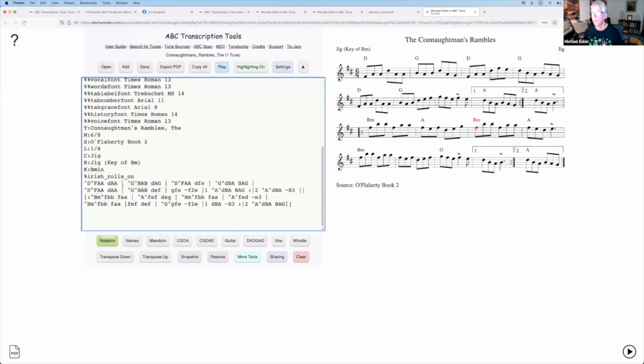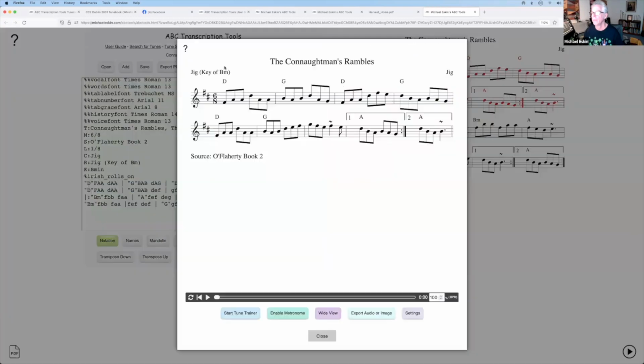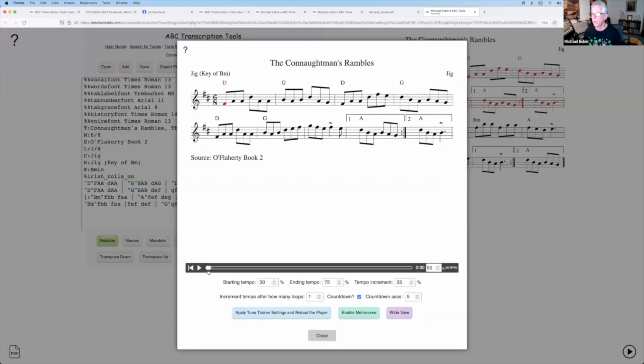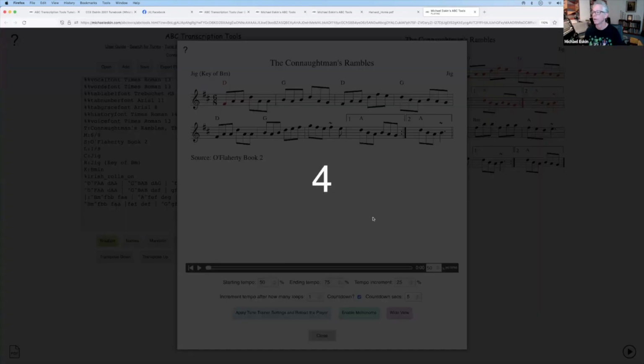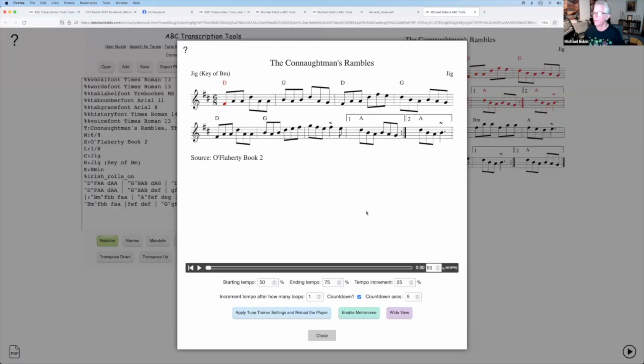But with one difference: if you select part of the tune, like we're going to select just the A part, and click play, now we're going to have just the A part in the player. We can bring that into the tune trainer, and it'll be just the A part. So some people would, rather than working on the whole tune,